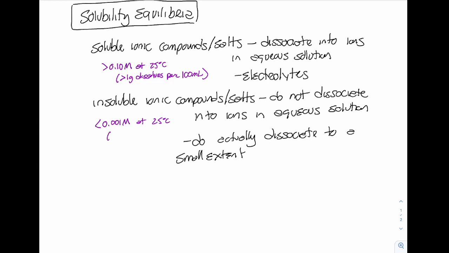Written another way, we could say less than 1 gram dissolves per 100 milliliters. So some of it is dissociating into ions, right? It's just not a very large amount, right? If I had 100 milliliters of solution, less than 1 gram of it is going to be in its ionic